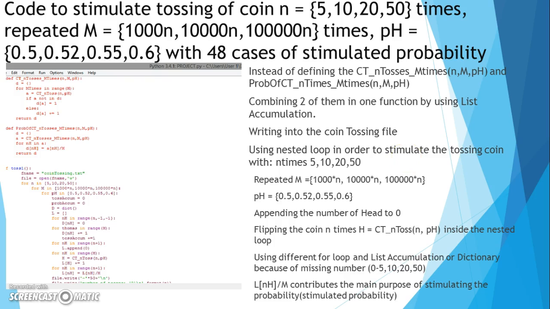So first thing that I do is write the coin tossing file using a nested loop